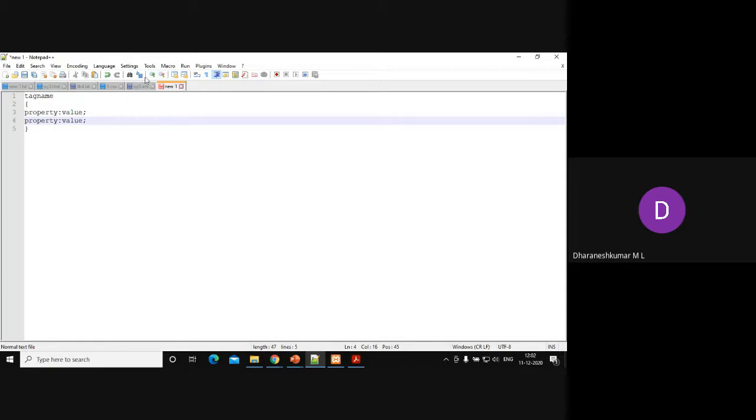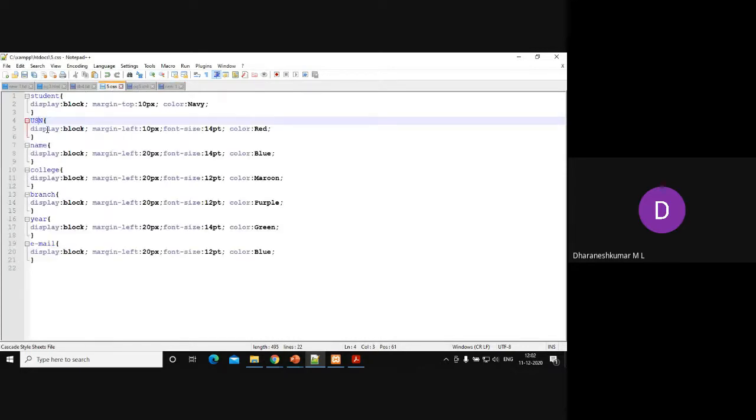Like this you can specify. Now I specified the display property for this USN tag, and also the margin left will be 10 pixel. Then font size will be 14 points, and the color will be red.